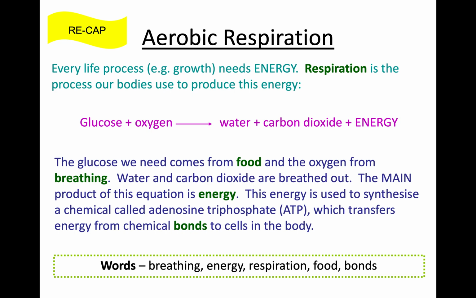So every life process needs energy. Respiration is the process our bodies use to produce this energy. The glucose we need comes from food, and the oxygen from breathing. Water and carbon dioxide are breathed out. The main product of this equation is energy. This energy is used to synthesize a chemical called adenosine triphosphate, which transfers energy from chemical bonds to cells in